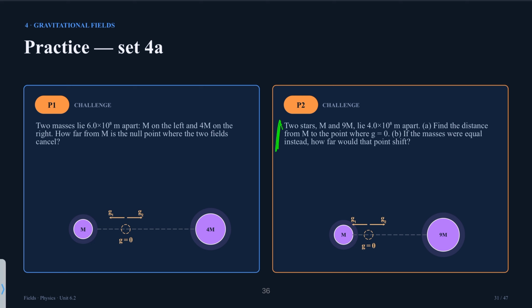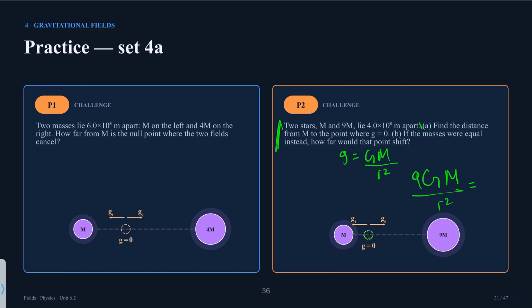All right, I'm assuming you gave it a try. At this point, we need to find the null point, okay? So the point at which big G 9m, because it's the gravitational field. g is just big G, big M over R squared. So big G and then 9m, so 9GM over R squared has to be equal to,